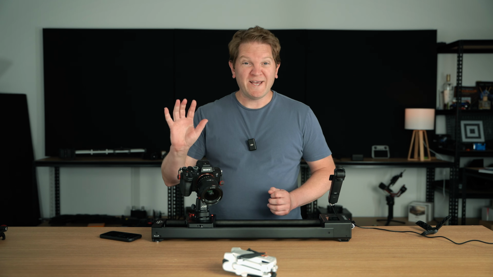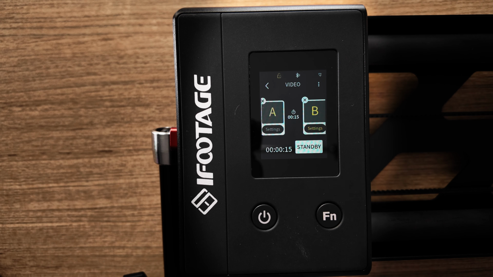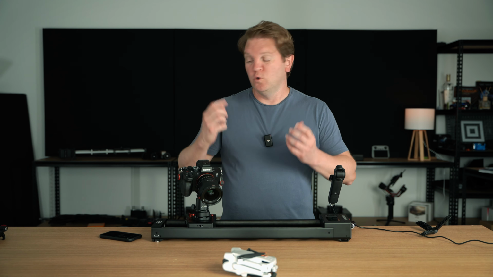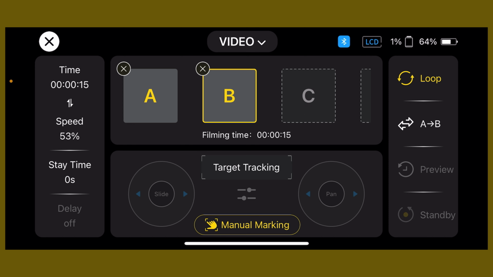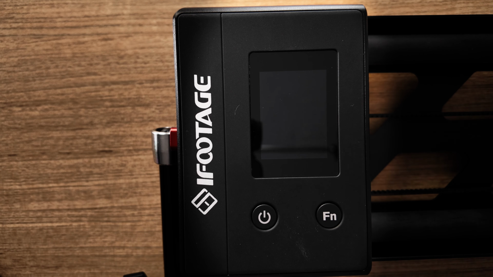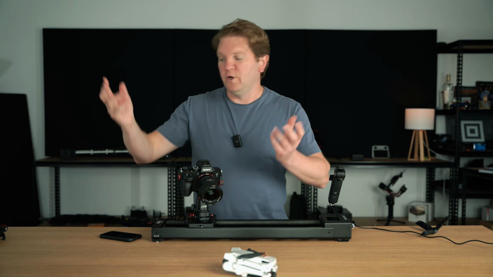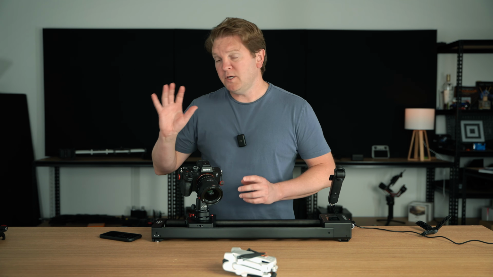Oh, and by the way, another quick tip, if you're using this slider in a production environment and you don't want that screen to show up or to annoy anybody, on the top of the app here, we've got the LCD button. If I just tap that and watch what happens on the screen, you can see that the LCD goes completely dark now. It's basically turned off, and that's just a little tip if you don't want to annoy people. So that's how you can set up your keyframes with the app using manual control,